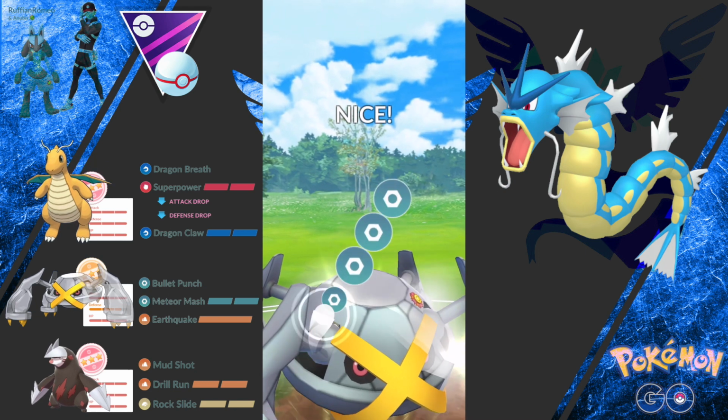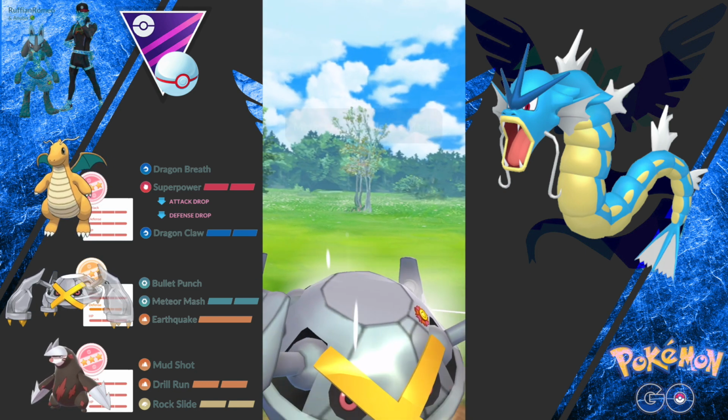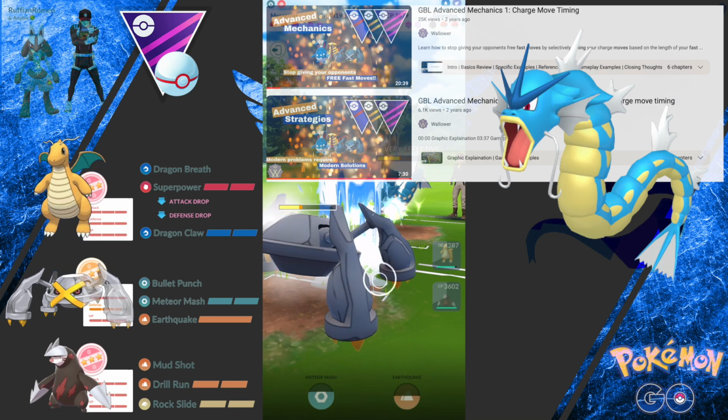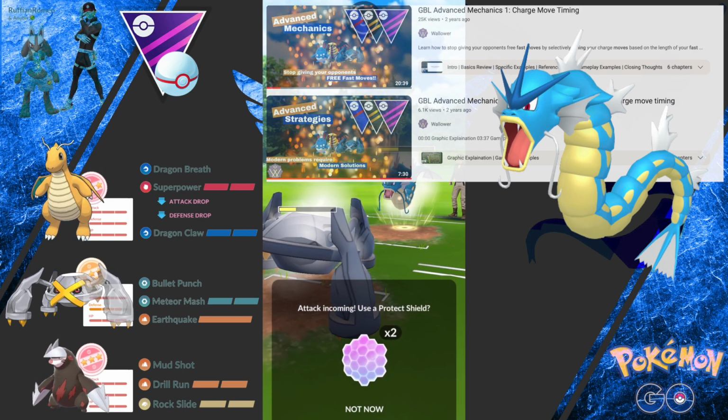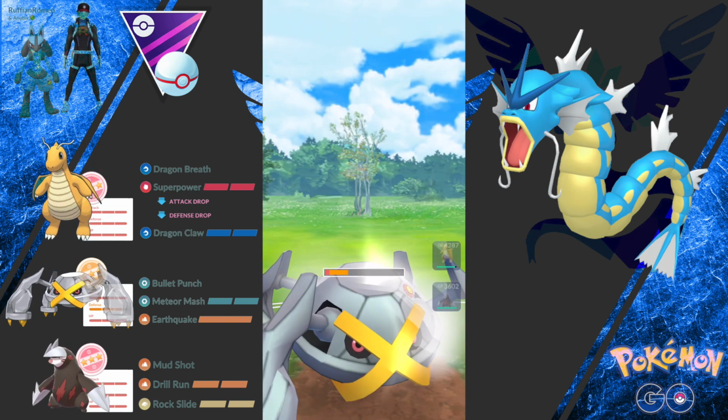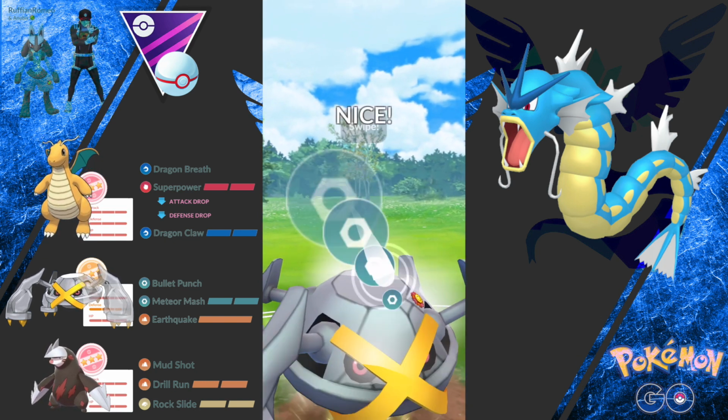Throw on proper timing. If you don't know about move counts, check out Wallower's vid. Just type in Wallower fast move timing. It's a really instructional video. The reason I say that is because my opponent decides not to go for the Crunch, thinking I would shield, and I'm able to get to this next Meteor Mash,